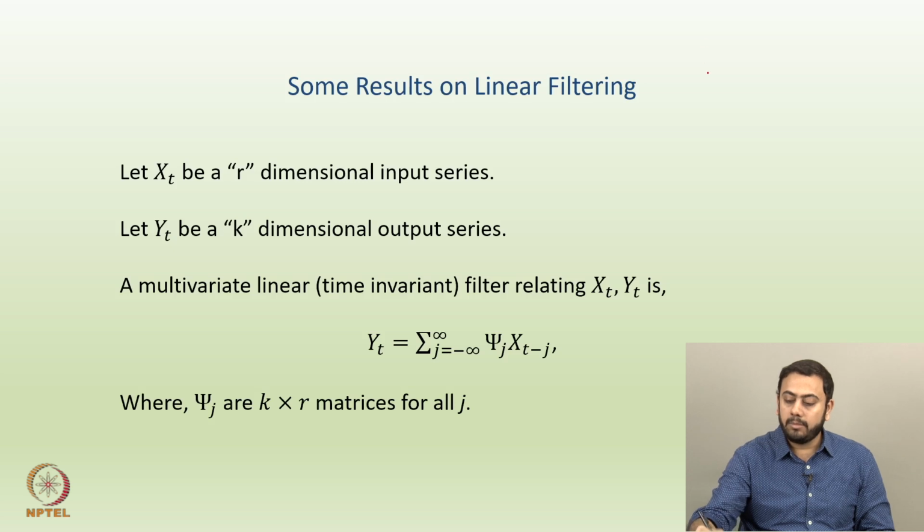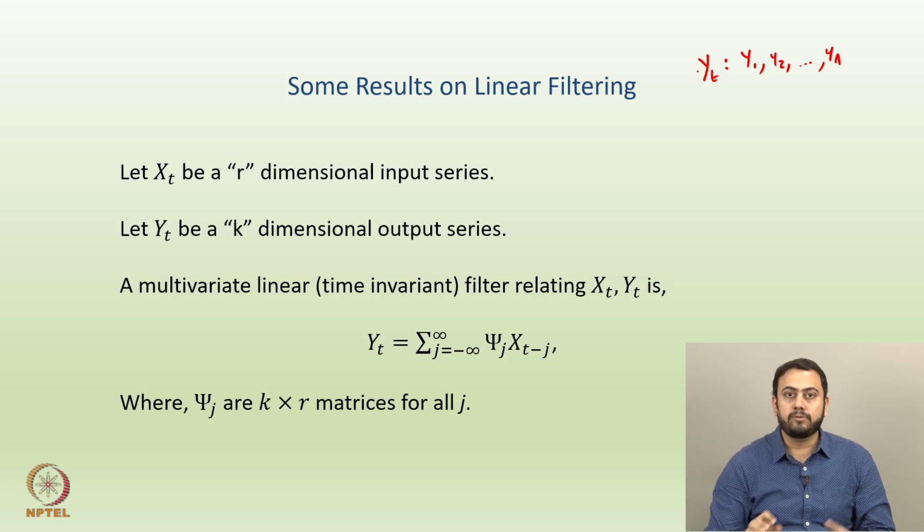So what do I mean by that statement? Up to now we have discussed that Yt is a time series process, and one particular realization of Yt could be Y1, Y2 up to Yn. Take an example of any univariate time series, let's say temperature data or stock price for a single stock. Let's say Yt denotes the monthly temperatures for a year. Then Y1, Y2 up to Yn are nothing but the collected data. So this is an example of a univariate time series.